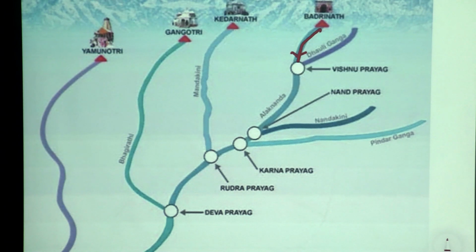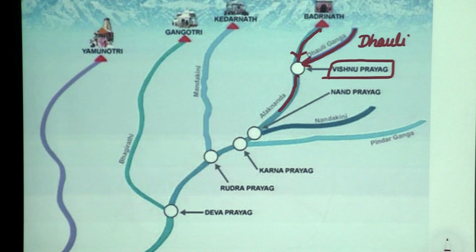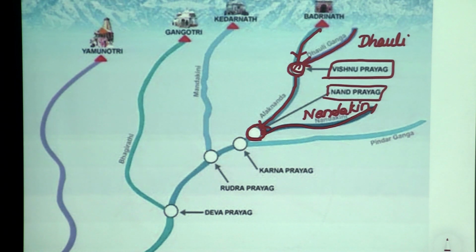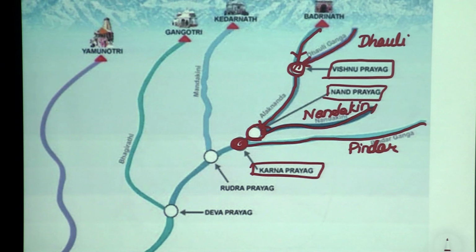River Alaknanda confluencing with river Dhauli Ganga is Vishnu Prayag. This confluence flow of Alaknanda and Dhauli Ganga confluences with Nandakini. So this confluence is Vishnu Prayag, and this confluence is Nand Prayag, Nandakini, Nand Prayag. And then the confluence flow, back to back, is confluenced with river Pindar. We also call it Pindar Ganga, Pindar is also correct, confluencing with Alaknanda at Karna Prayag, and river Mandakini